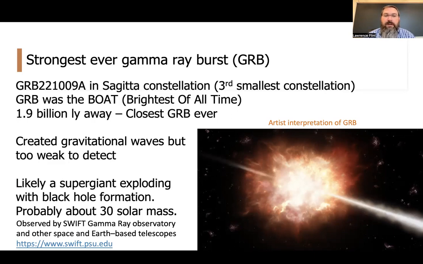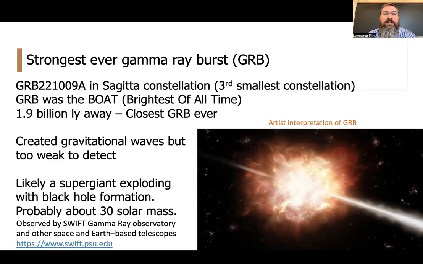Could be a supernova that explodes, could be a neutron star merger. Anyway, the history of gamma ray bursts is very exciting, and whenever we do space-based observatories, I'll tell you more about gamma ray bursts. But it turns out that